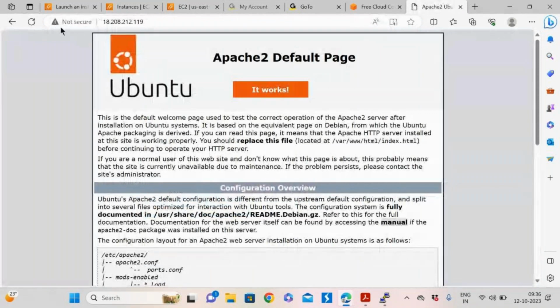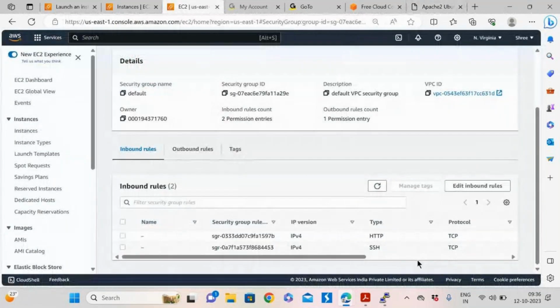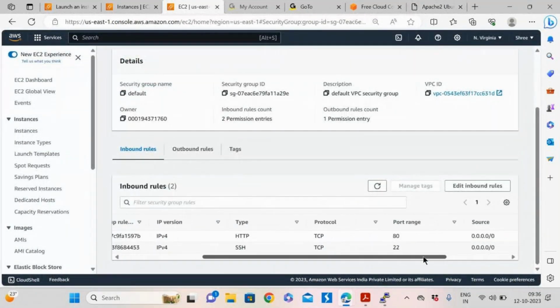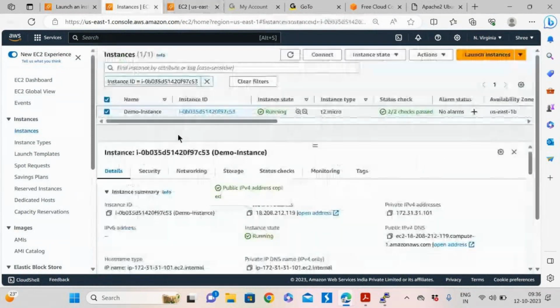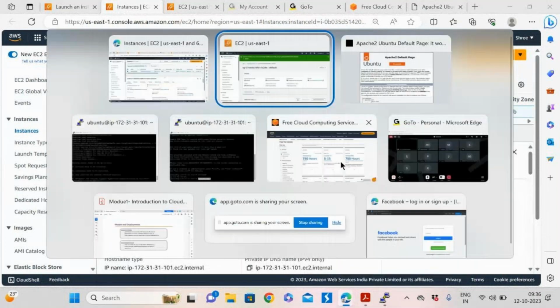This is the non-secure one. That is the reason port 80 needs to be opened here, port 80 for the complete network. If I give this IP to you, you can also access the same page. I'm giving you the public IP. Try to access from your end. You will see the same page.